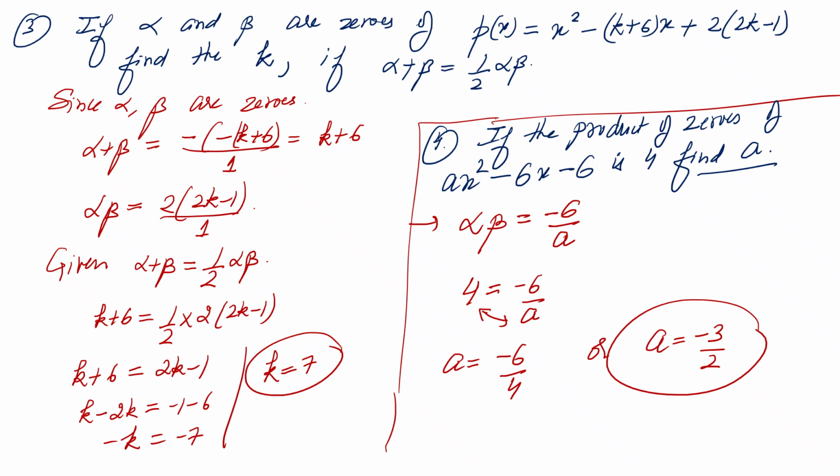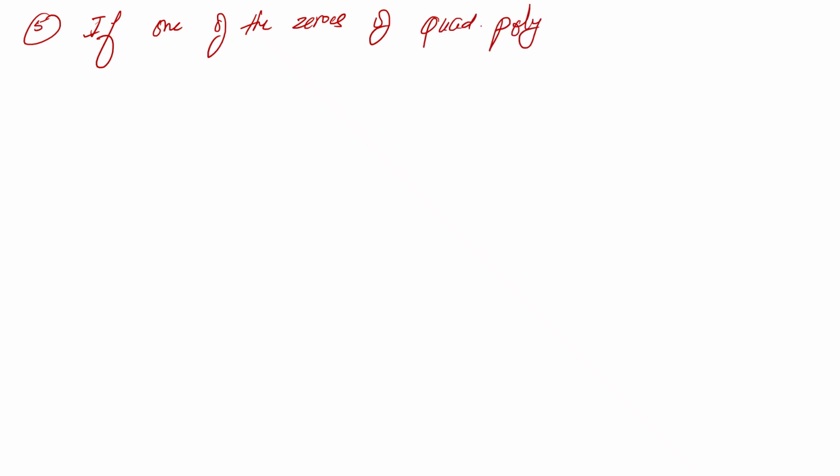चलो, let's take another question. If one of the zeros of the quadratic polynomial 2x square minus 3x plus p is 3, find its other zero. फर्स्ट ऑफ ऑल हमने क्या करना है, अगर एक जीरो हमारा 3 है, तो हमें